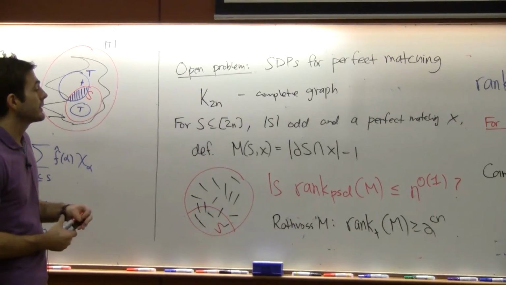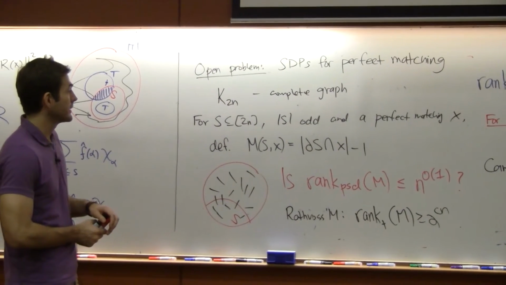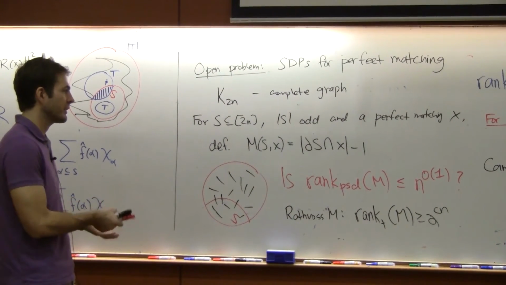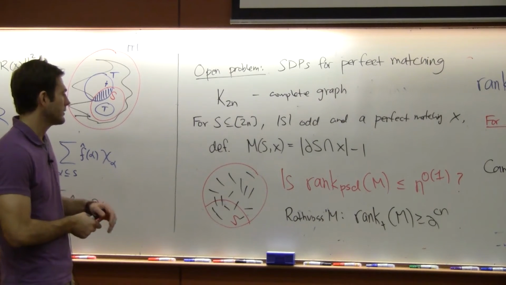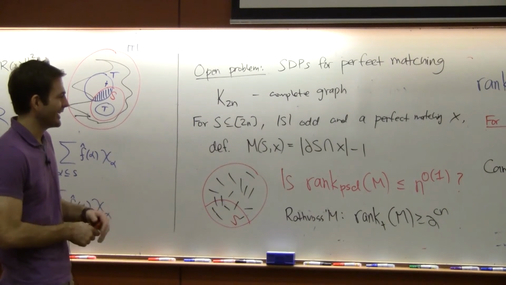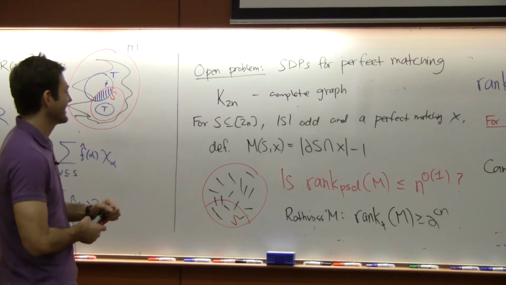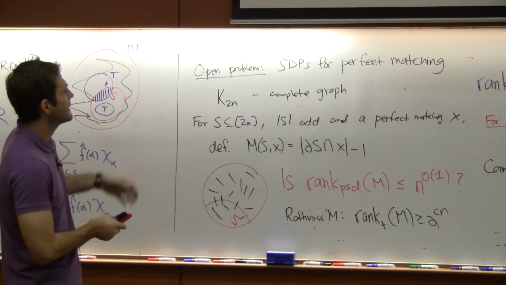It would be really nice to just apply this framework to get a lower bound, because it would reduce it to considering sums of squares relaxations of matching, and those are now, for me as of yesterday at least, something where I understand what's going on. There were discussions over lunch. But the reason this doesn't work is